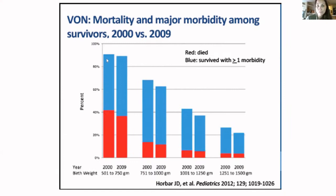Then we have this blue bar. This blue bar actually shows the number of babies who survived, but who had one or more morbidity. So these are things like IVH, PVL, BPD, ROP, all the alphabet soup of things that we talk about when it comes to complications related to being born premature. Then we have the space between the blue bar and the 100%. In this case, it's right about 10%. And then of course, between 2000 and 2009, very small improvement, not statistically significant, but about 10% of babies